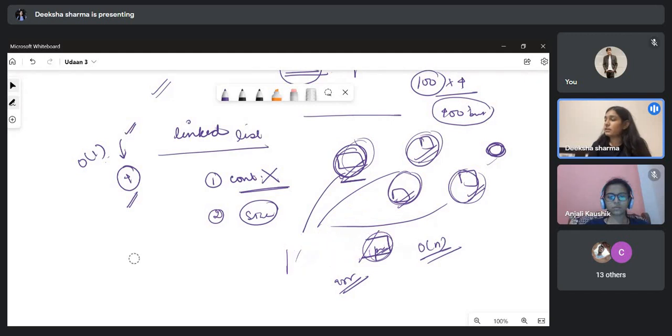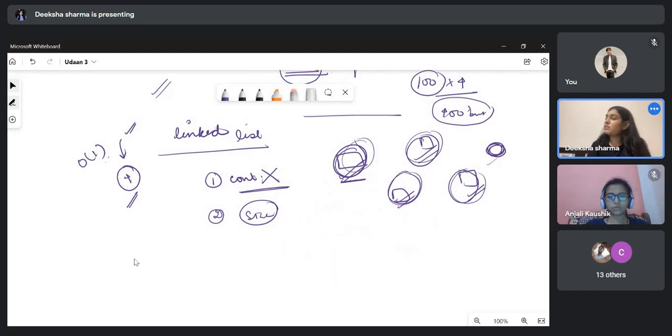So ये वाला solution तो हट गया. So what we can do with this? Why don't we use a chain type of structure? What I mean by chain type of structure means that this